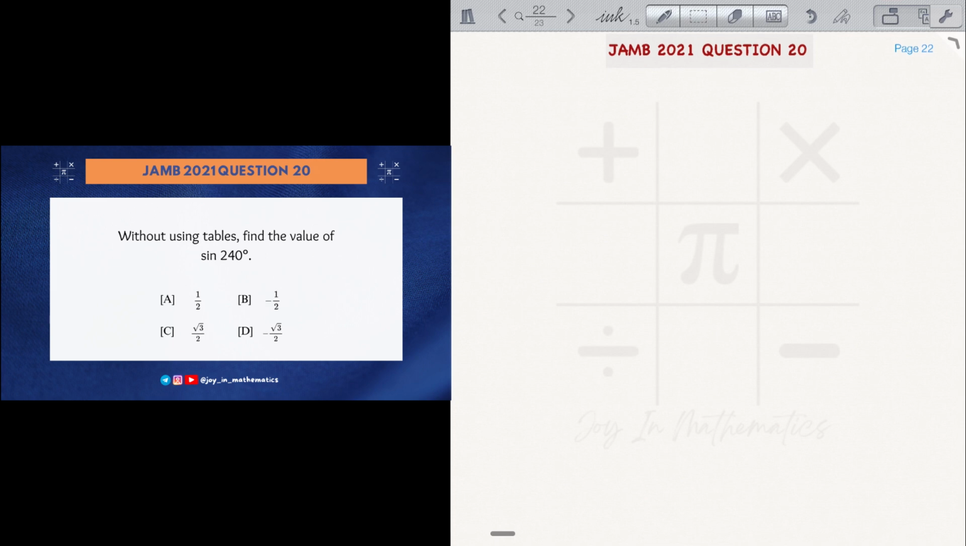JAMB 2021, question 20. The question says, without using tables, find the value of sine 240 degrees. Sine 240 degrees. Now, this is particular about trigonometry. And in trig, we have 4 quadrants. This is saying 0 to 90 degrees, 90 to 180 degrees, 180 degrees to 270 degrees, and 270 degrees to